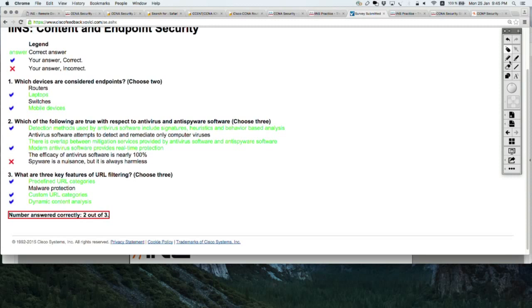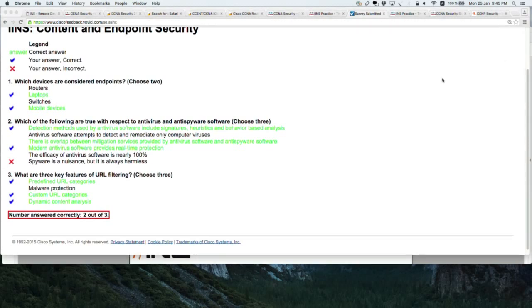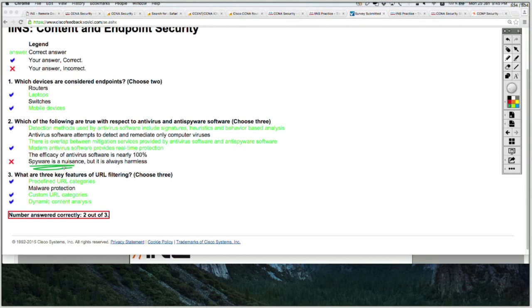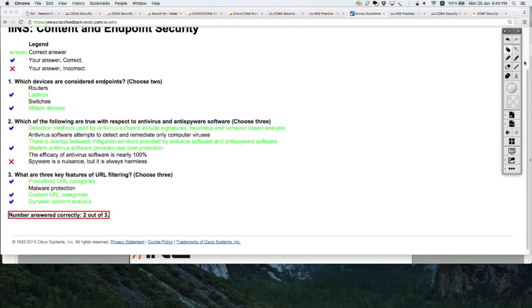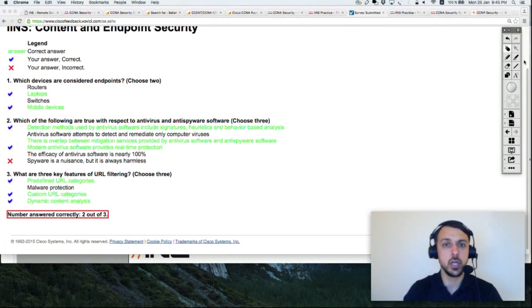And there we go. I was wrong on the spyware question because probably I was not aware of what that keyword is. They chose the option stating that antivirus and anti-spyware have a kind of overlap. So there you go. I lost a point on that question because my English was not good enough to know exactly what that keyword means. This can happen, of course, especially if you're not a native English speaker. But as you've seen, out of the last 20 questions or so, there was only one question which was a bit awkward, because there was one keyword I was not aware of.